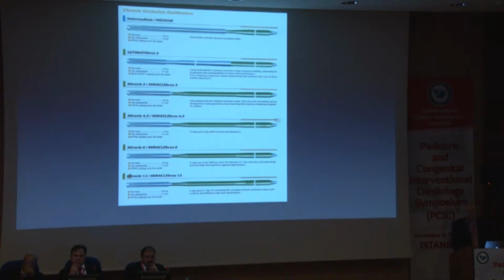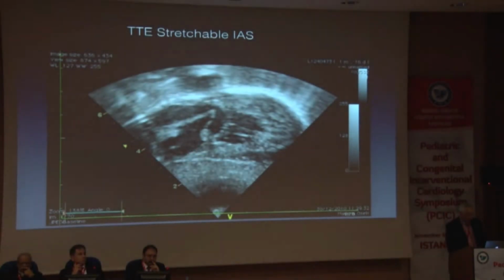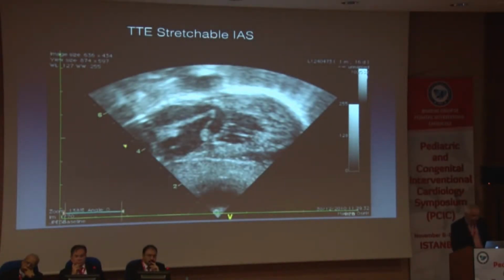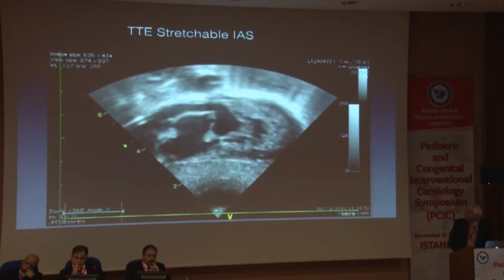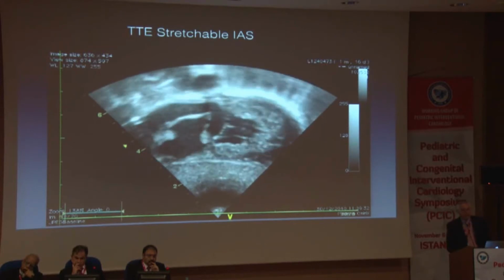However, these chronic total occlusion wires, and the company that makes most of them is Asahi, although there are others by Boston, Guidant, and so on, have the widest range and the widest experience around the world in occlusions, both for coronaries but also for peripheral work. And they are increasingly being used for perforating pulmonary valves and opening up chronically occluded BT shunts. Sometimes the atrial septum is very, very elastic,